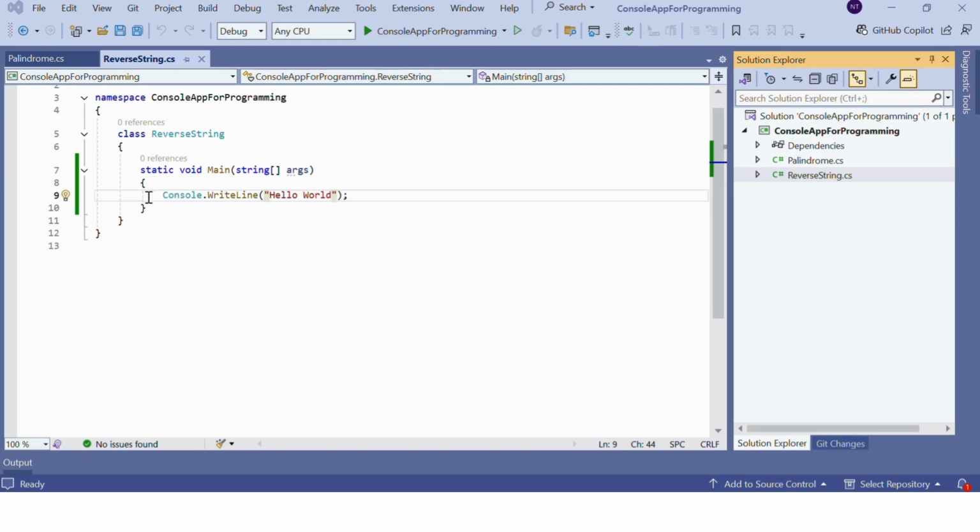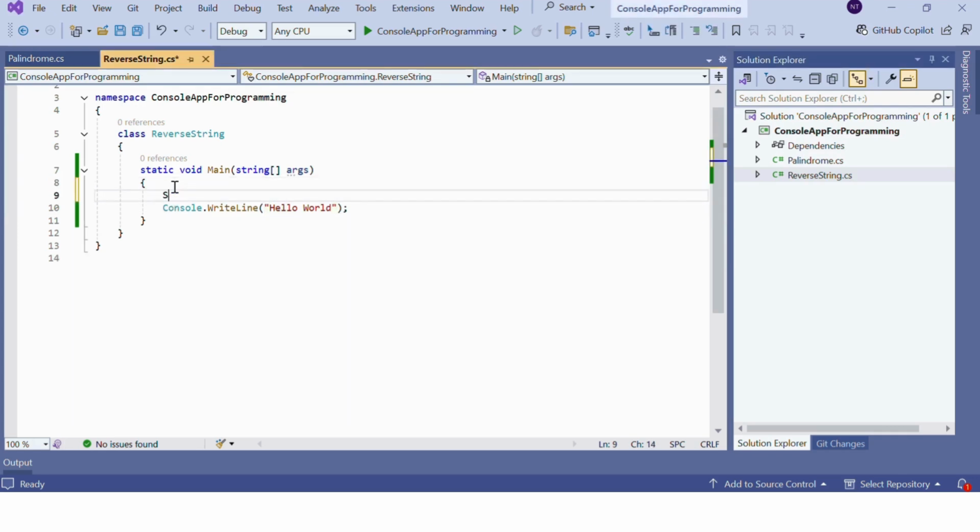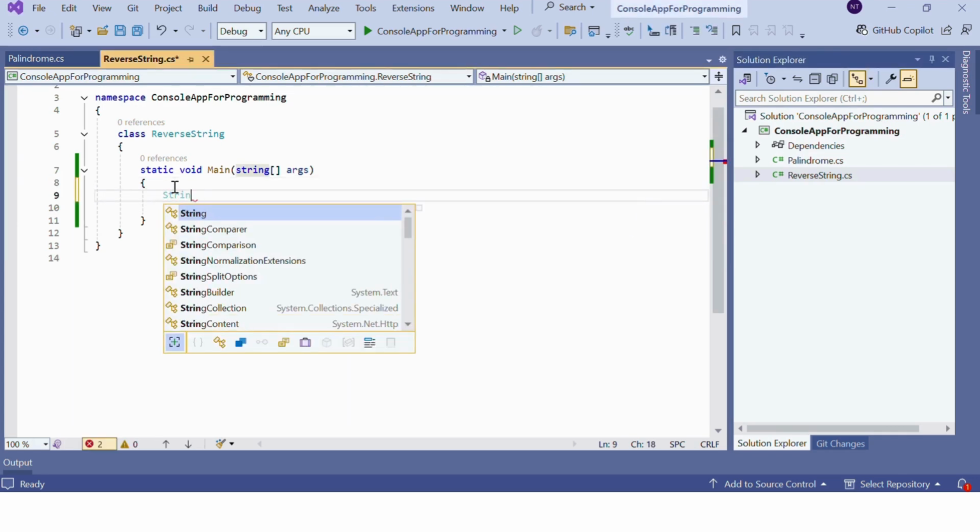Hi everyone. Today we will learn how to create a reverse string program. So this is the default structure of any console page. Now what we will do, first we will create a string